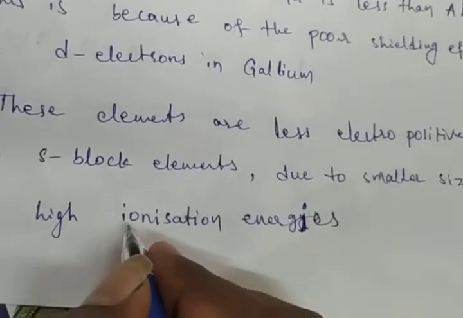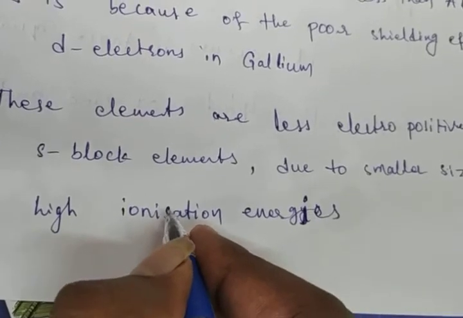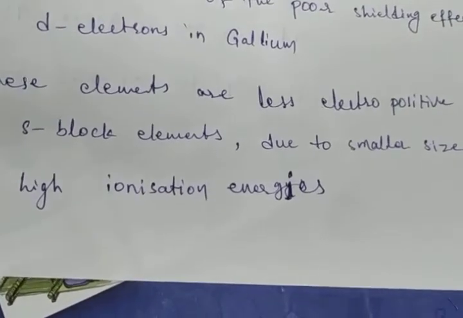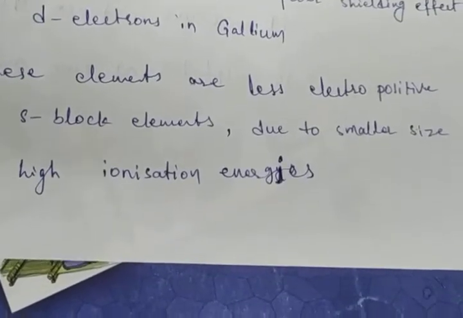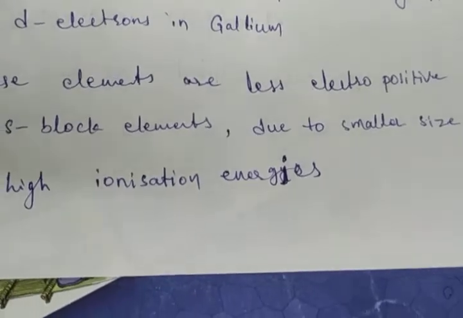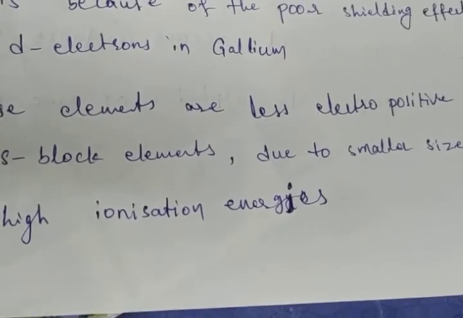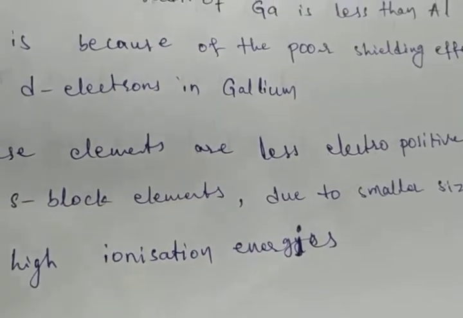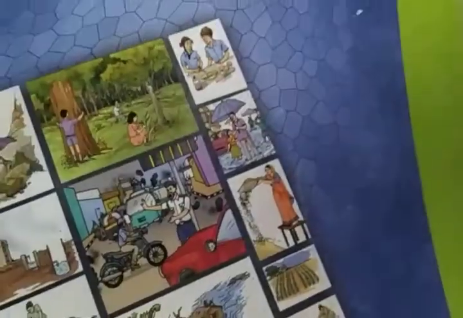Okay, ionization energies, we also have to write. So these elements are less electropositive than s-block elements due to smaller size. Why do they have less electropositive nature? Because of small size and high ionization energy. Okay, and next point is,